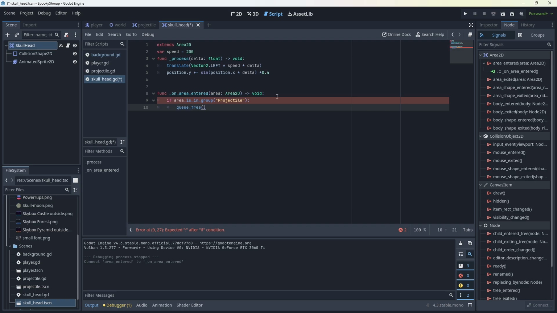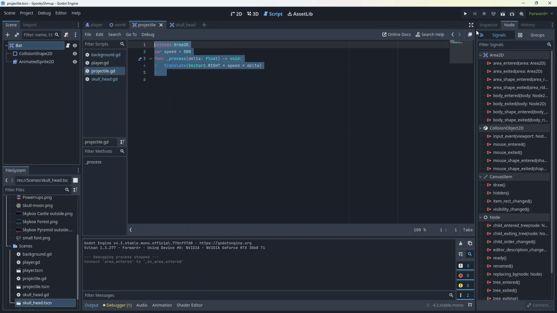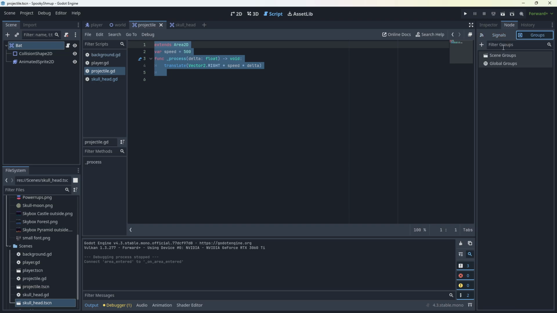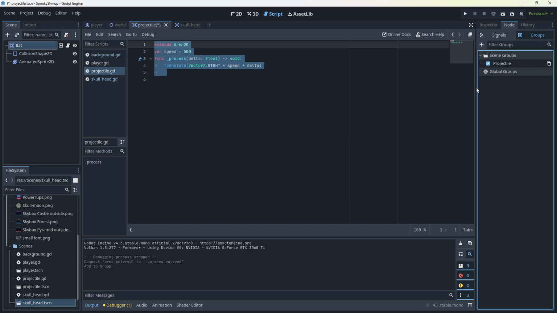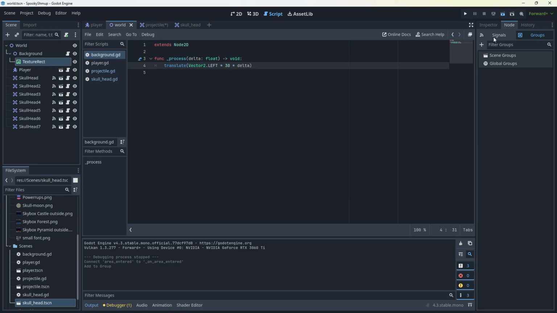On our projectile group, we're going to add node groups. We're going to add a group to this, call it projectile. Click OK. It's in the projectile group. When we shoot,